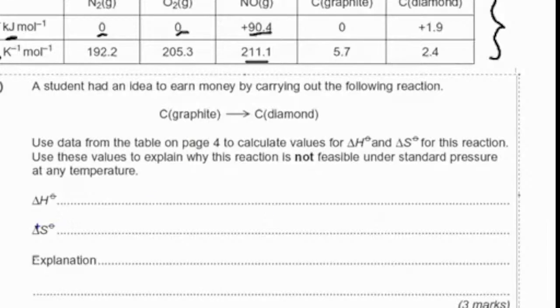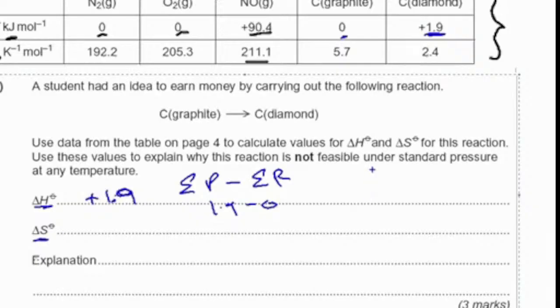is delta H. Now, delta H, the enthalpy of formation of diamond, and we'll do it in blue, is here. Graphite is 0, so the calculation for delta H is the sum of the products minus the sum of the reactants. The products is nice, it's 1.9, the reactants is nice, it's 0, so delta H here is a positive 1.9. So let's have a look at delta S. Again, sum of the delta S for the products